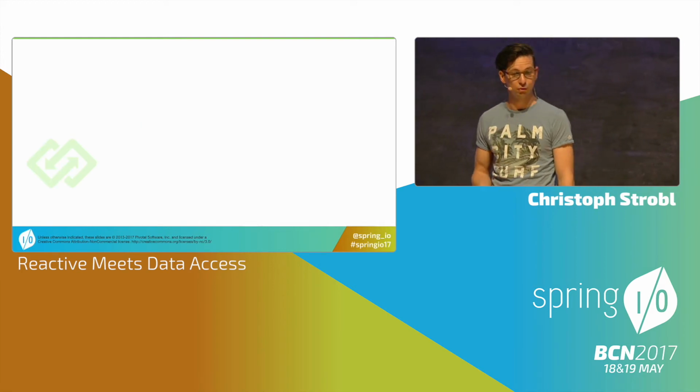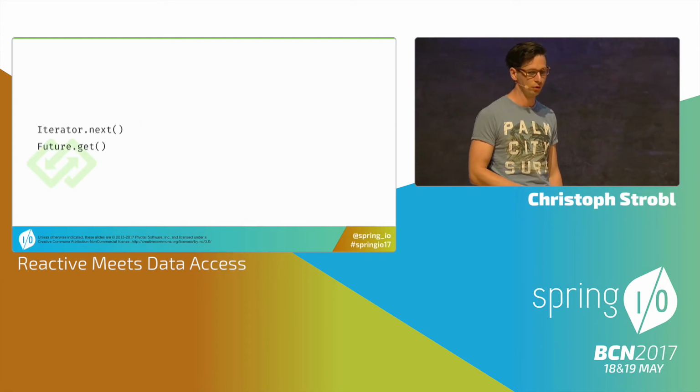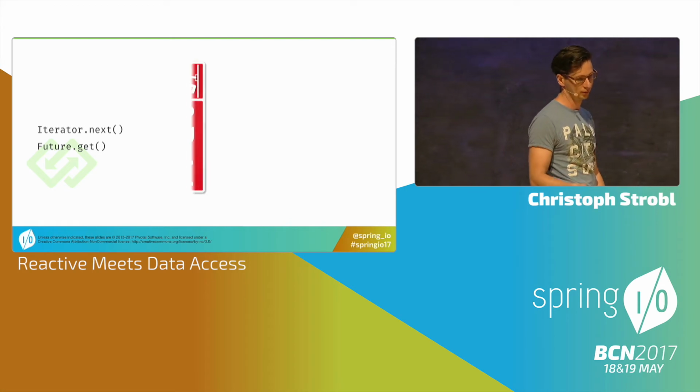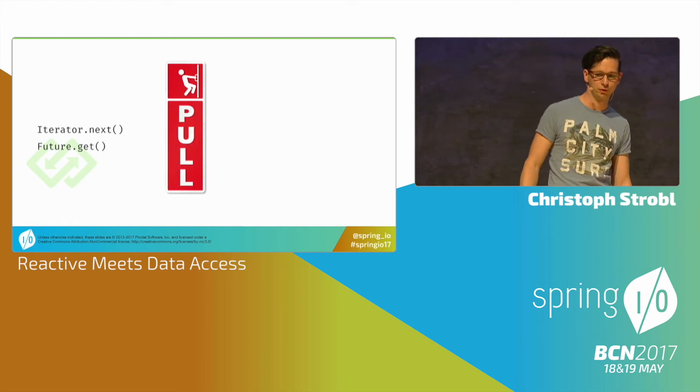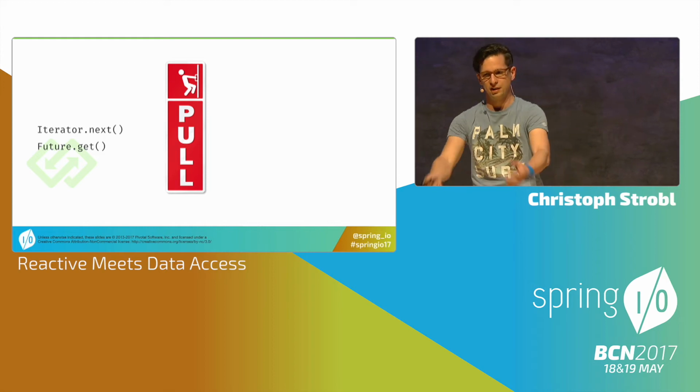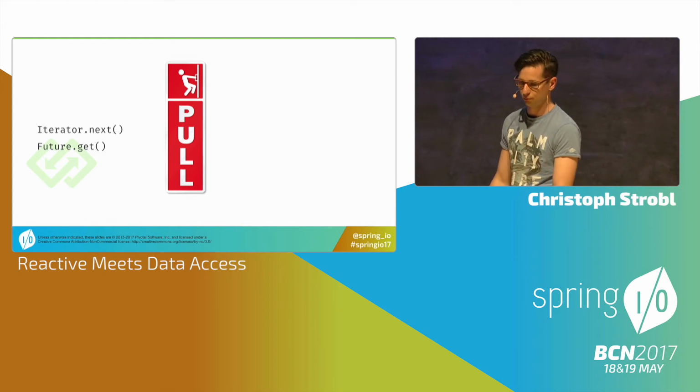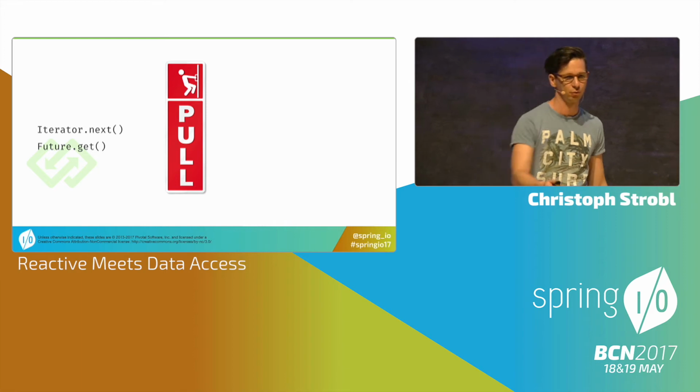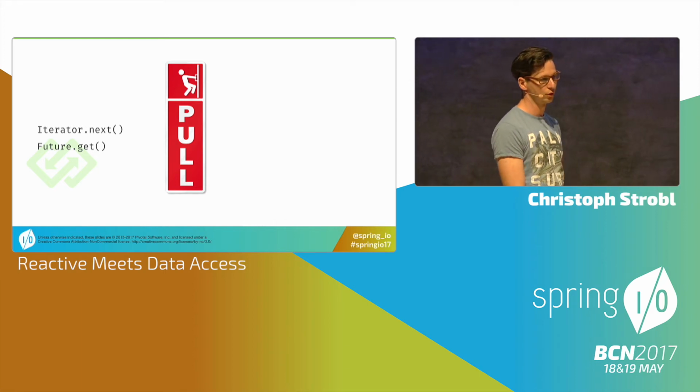Great. So what we did with the reactive programming model is basically we went from a poll model, from iterate or future, where we're basically asking stuff constantly from the source, give me the next, or get me some stuff. We're moving towards a push model where,